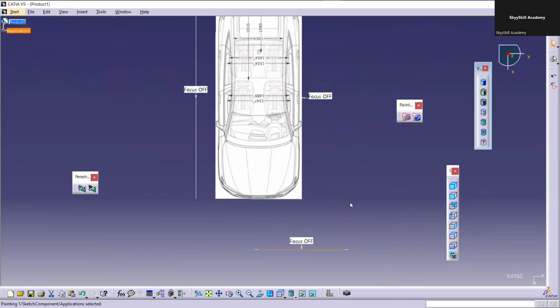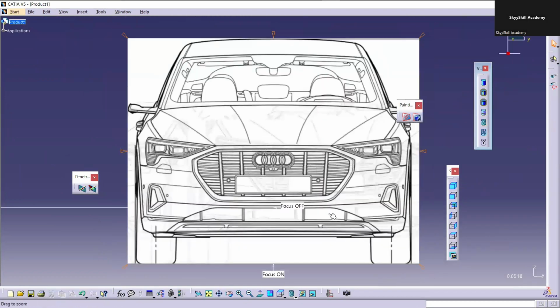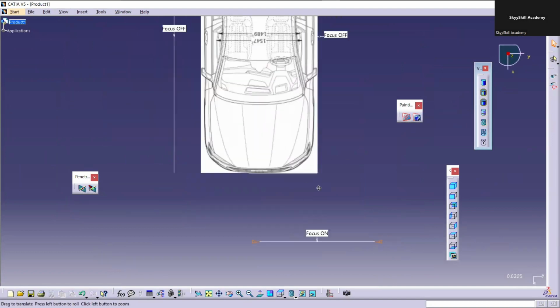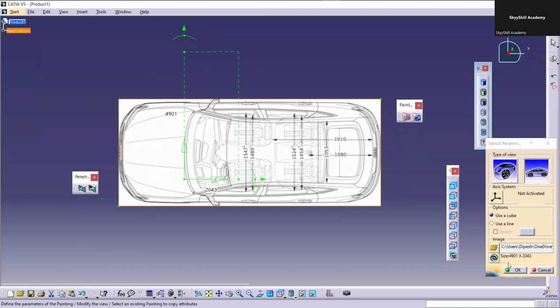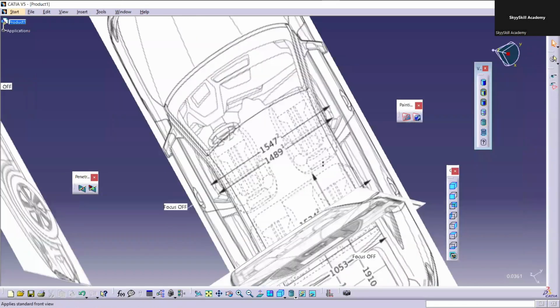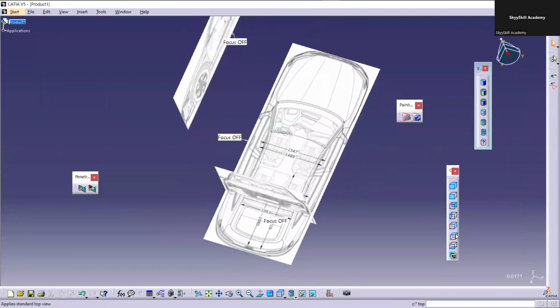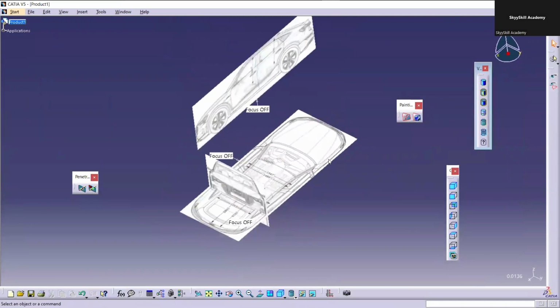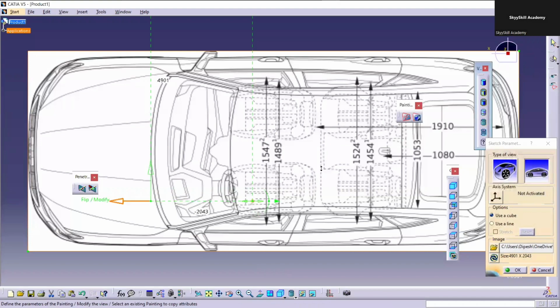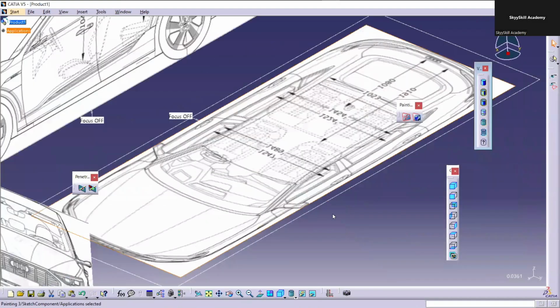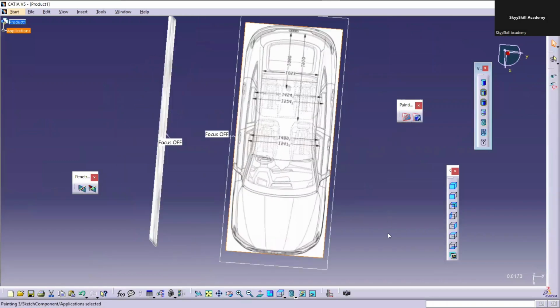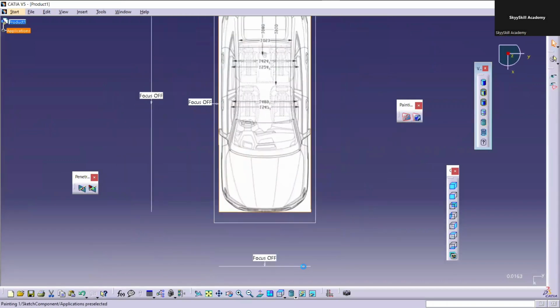Okay. Again, this is not lying exactly on the center. So that can be a problem. So what I have to do is I have to set it on the center only. Flip, flip. Okay, you can see it is not exactly at the center. I have to flip it again. Let me check whether it is at the center. Yes. At the center, let me click this one and let me move it here so that it will be